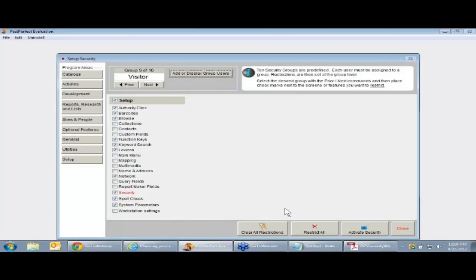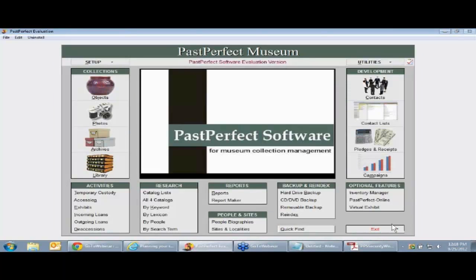All right, so I'm going to exit out of here, and this button down here for Activate Security is actually what turns PastPerfect Security on. When it says Activate Security, you click on it in order to make security activate. If it says Deactivate Security, you click on it to make security deactivate. So right now, security is activated, and if I close all the way out of the program,